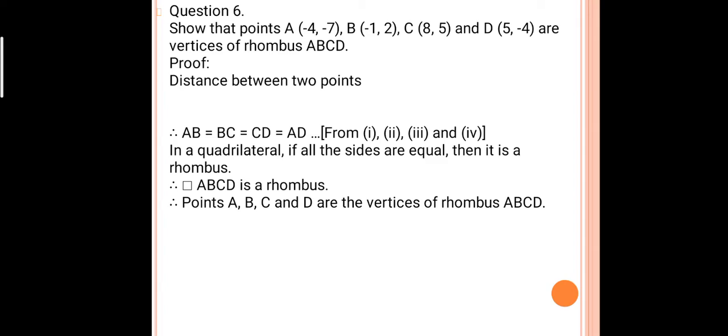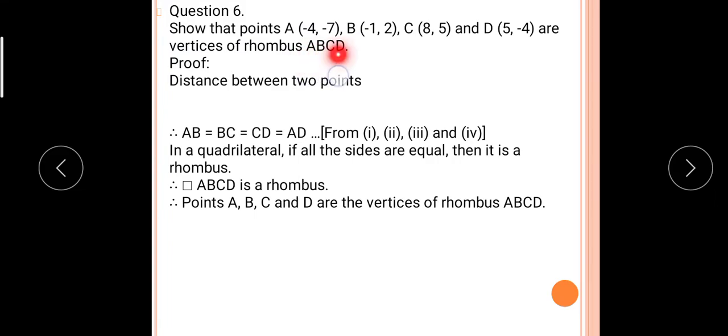Now, in this session, you have to see question number 6: show that the points A (-4, -7), B (-1, 2), C (8, 5), and D (5, -4) are the vertices of a rhombus. All of you know the property of the vertices of a rhombus. According to that, firstly, by the distance formula, you have to calculate